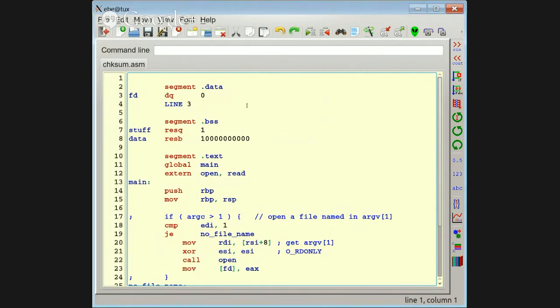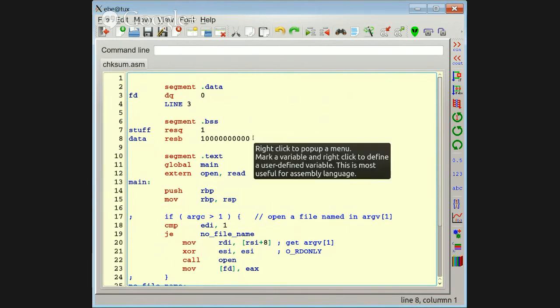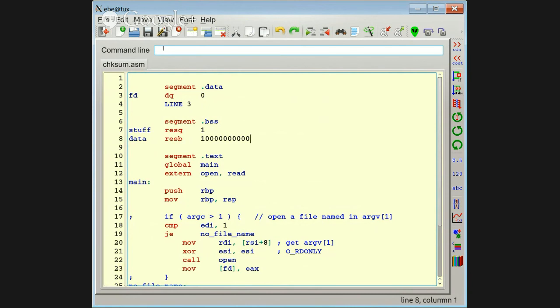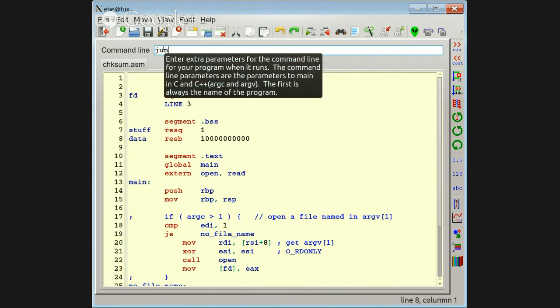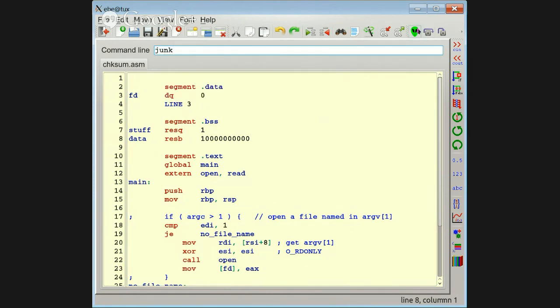So I've got a BSS segment, and as you can see, it's 10 gigabytes. This seems to work, though I haven't checked a 10 gigabyte file. And if I give it the name of a file and tell it to run the program,